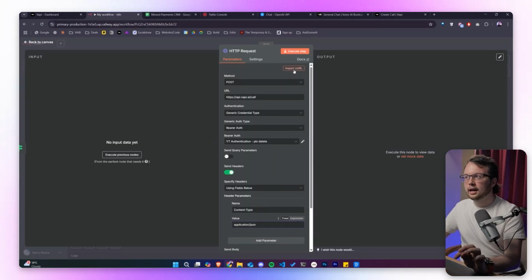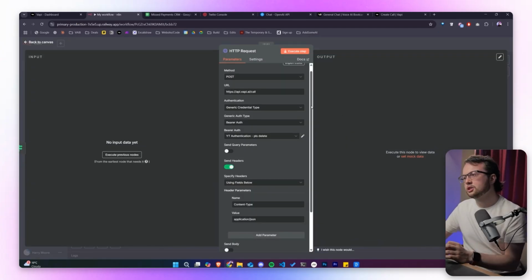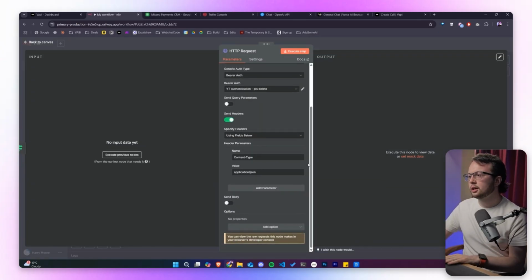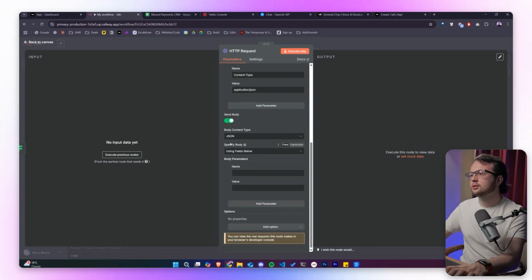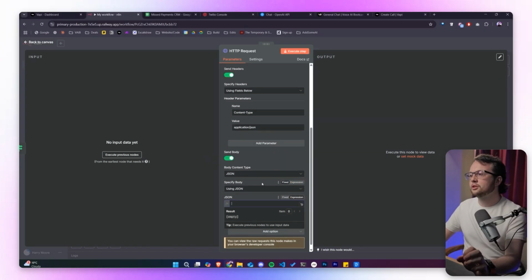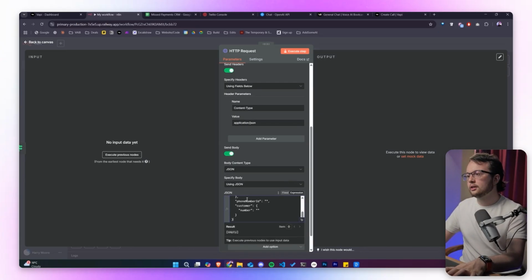Now, you can import a curl directly from within n8n through this bit here, but there's a few things it doesn't quite get right, which you'd have to manually change anyway. So typically I just manually put it in, and that seems to work. Now, the actual information we're going to be sending through in the body of this, for us, we're just going to be sending through as a whole list expression of JSON rather than manually putting through every single value. So to make this easier for you, I have included in the document linked below this plug and play